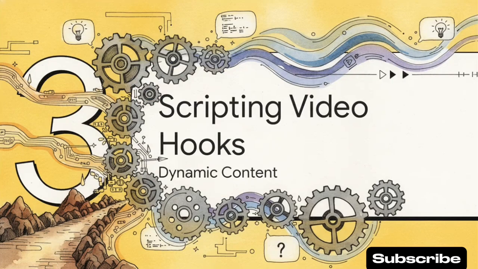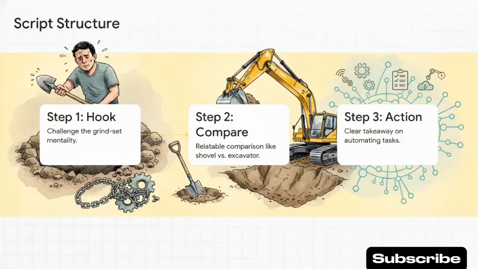Okay, on to section 3, scripting short-form video hooks. Now we're going to shift our energy from static imagery to dynamic video. How do we properly command an AI text writer? Our source provides a totally fantastic architectural prompt for a 60-second script. The secret is you don't just say, write a script. You have to give it steps.